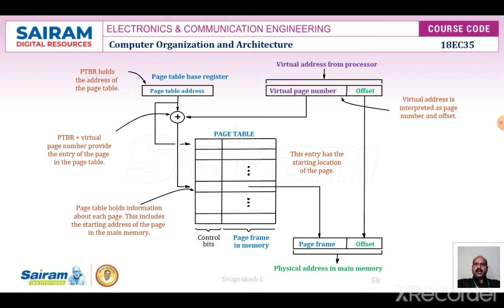Each entry has the following information: a valid bit, which is true only if the chunk has been allocated to the process by the operating system, and the address of the low level table for the chunk. For chunks that have not been allocated to the process, the false valid bit triggers a hardware exception. Since the chunk is not allocated by the operating system, there is no need for a low level table. So if a process only needs a small amount of memory, it will have one high level table and only a small number of low level tables. Each of these tables is going to be only a few kilobytes.